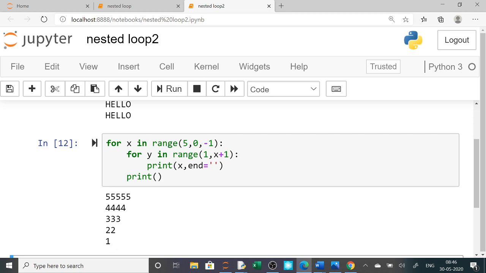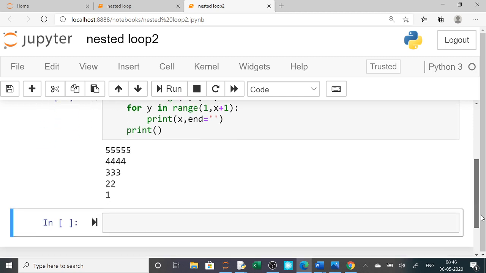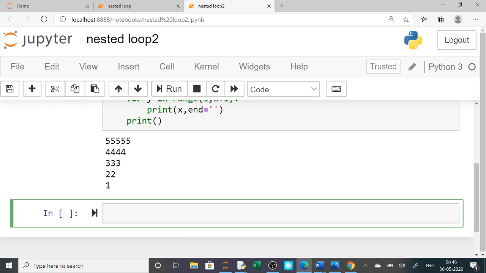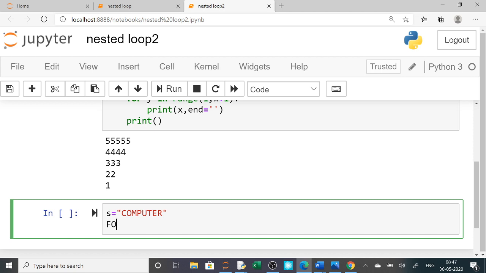Now what happens in a string? So let us make a new program, string pattern. Suppose I have taken a string here, and string is suppose computer. So I have taken here computer. Yes. Now I am using a for loop, small letters. Now in this for loop, x in range.